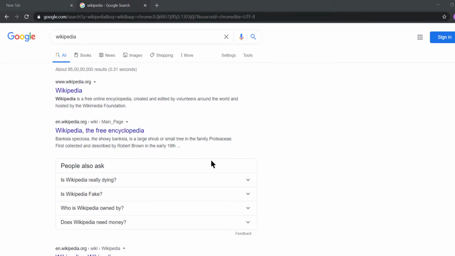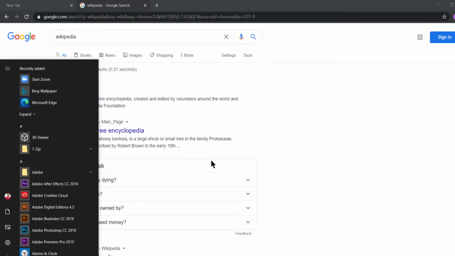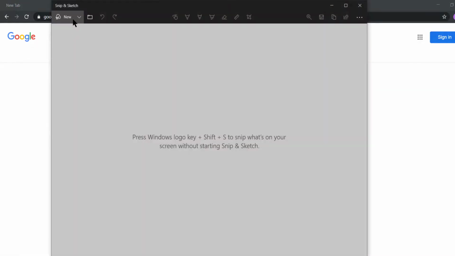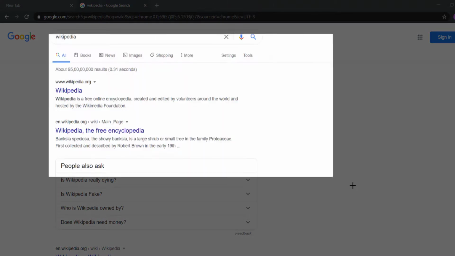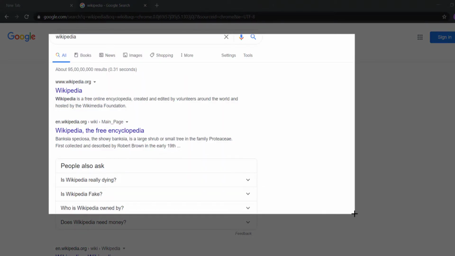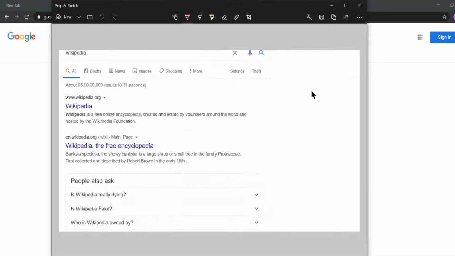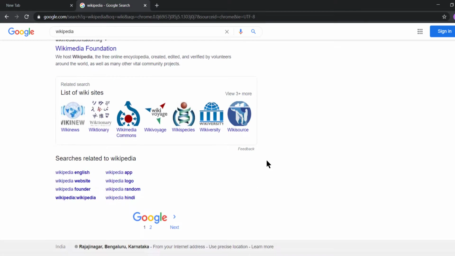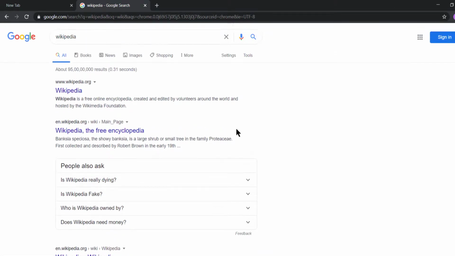So when I open the same software again, Snip, and click New again, as you can see, I'm moving the scroll, but it's not going down. Okay, so this is a major issue, because let's say you want to take the screenshot of this complete web page, that is not going to happen easily. So what are we going to do?